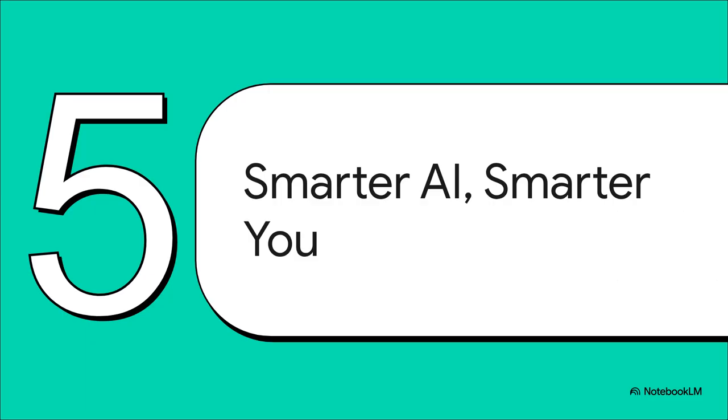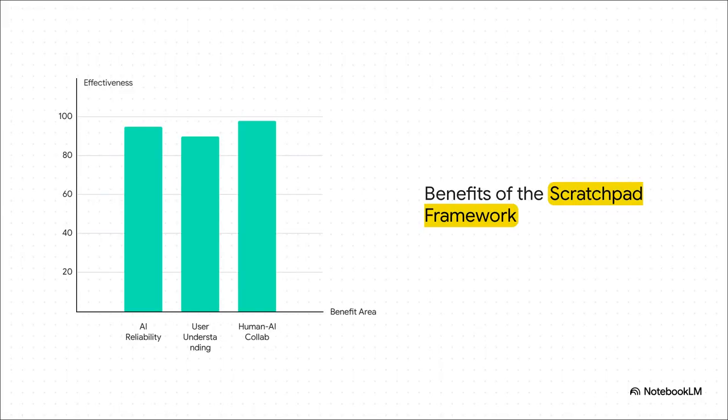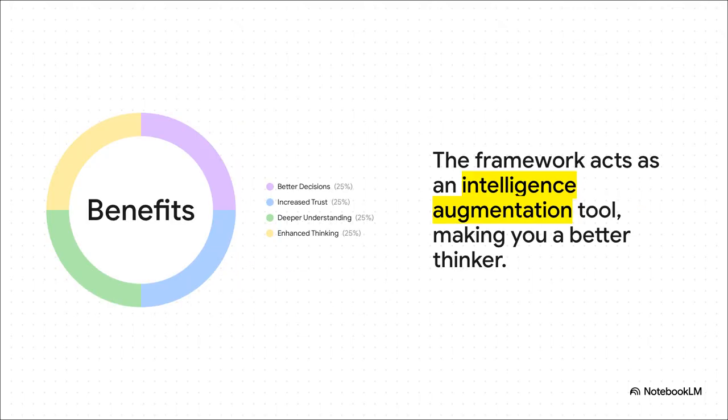And the result of all this structure, it's a really powerful 2-for-1 benefit. And it's about way more than just getting a better answer from your AI. Okay, so the first benefit is the one you'd expect. You get a way more reliable, more accurate AI. That's great. But here's the really cool part, the surprising part. When you see how the AI is thinking, laid out so clearly and logically, you start to become a better thinker yourself.